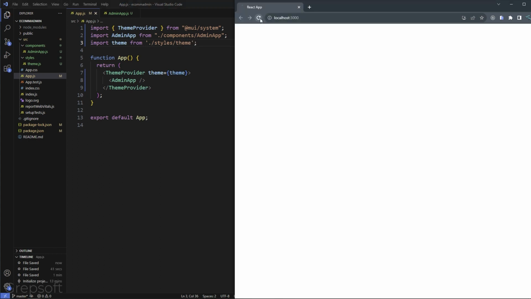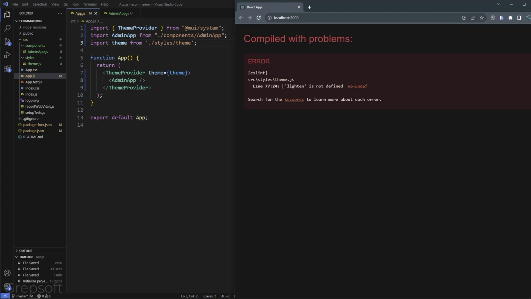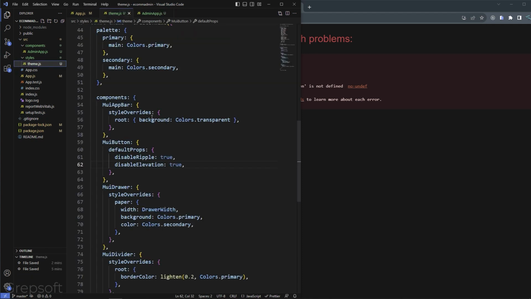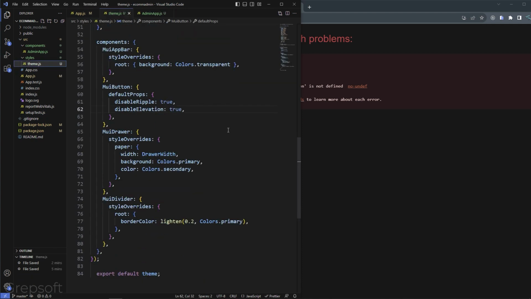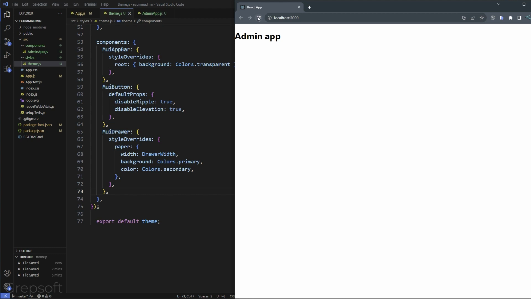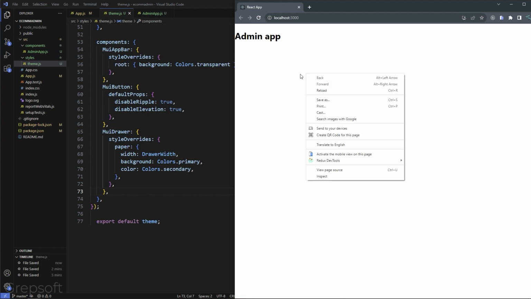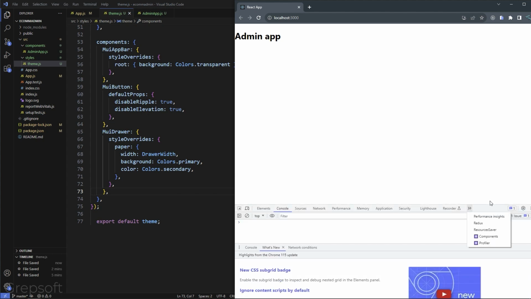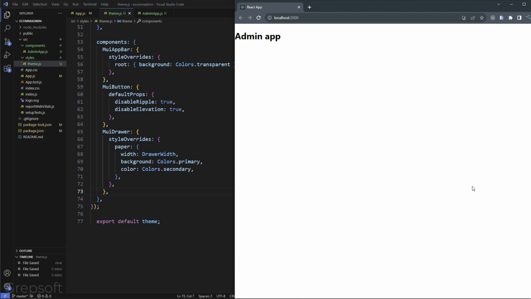Here we go. Okay, lighten is not defined. Alright, so let's go to theme.js and divider. Alright, so you know what, I don't need the divider, so I can get rid of that. Okay, perfect. So now we're getting somewhere. So no errors. Yes. Alright, so I can close this,